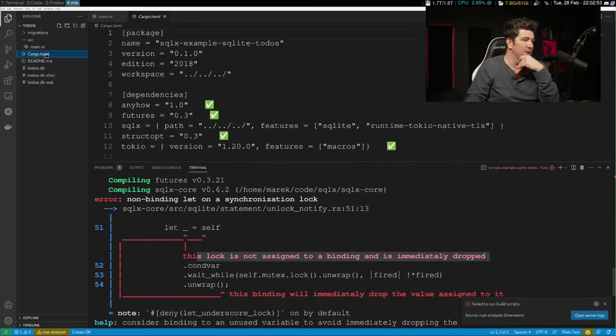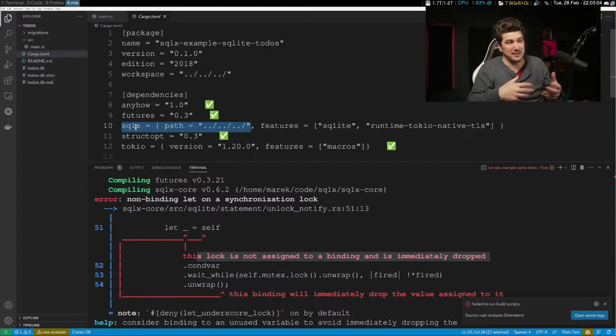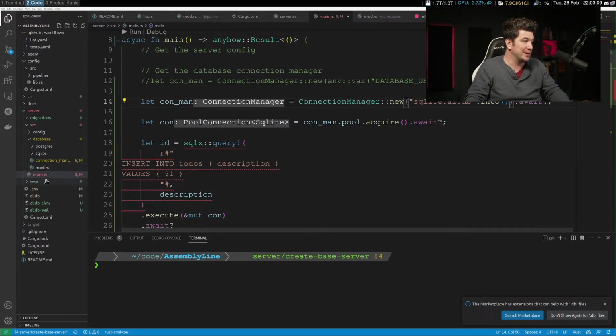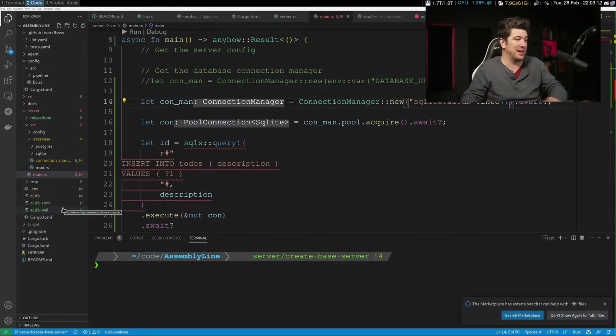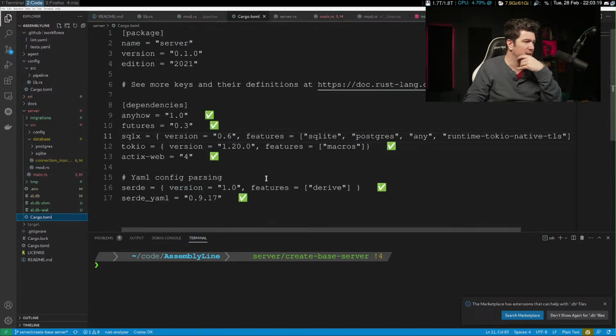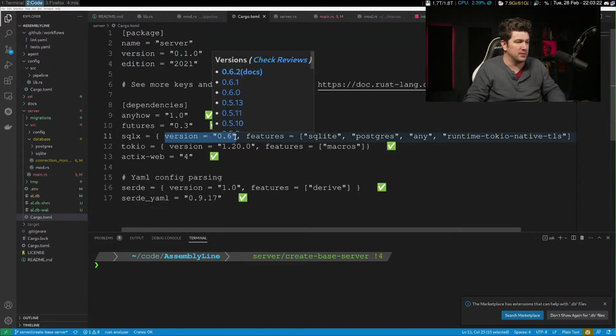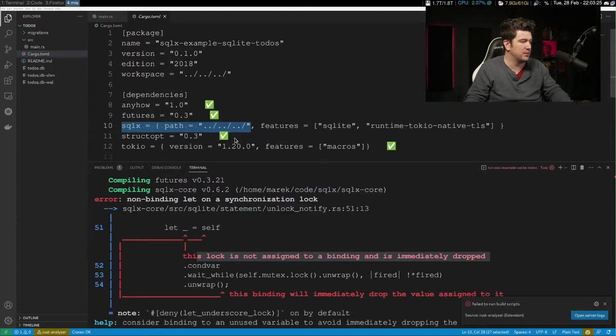You know what we can do? Instead of using this, so what this is doing, if nobody has seen this before, this is actually saying that we're using a module inside of where the code lives. But let's, for kicks and giggles, do it the exact same way we're doing it, like it's not part of the SQLite core or the SQLX core. And we'll just do it like this, version 6.0. Beautiful. That should fix what we're seeing here too.